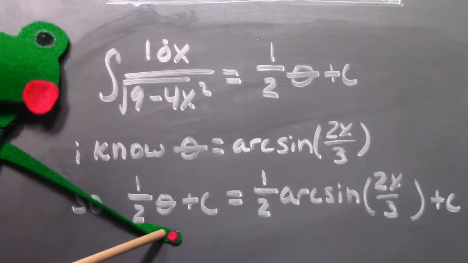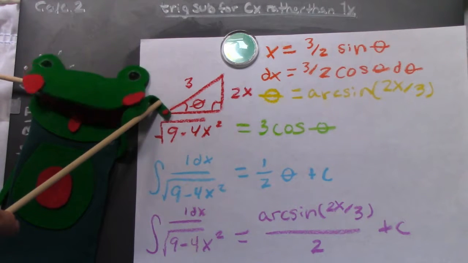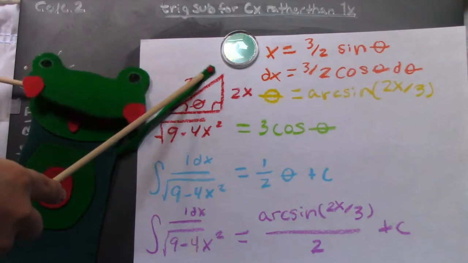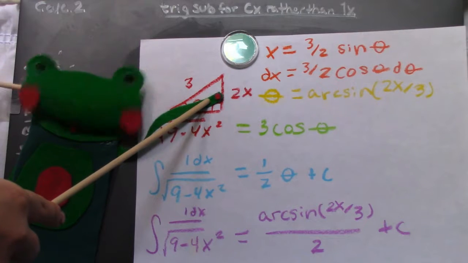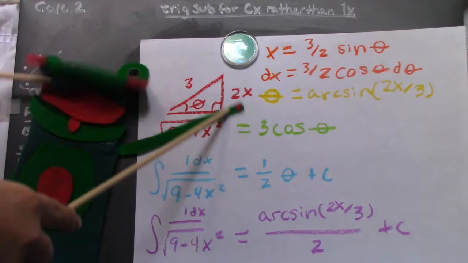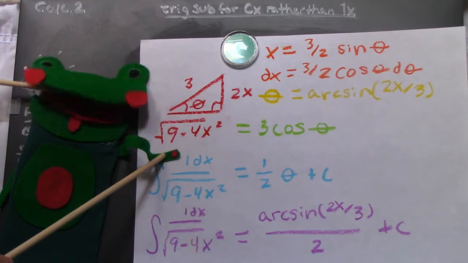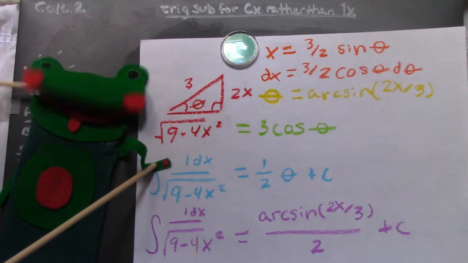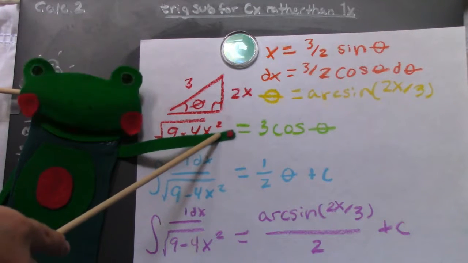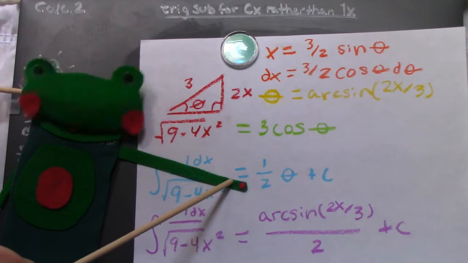Now let's just go over the steps one more time to see what we did. First, we drew this right triangle and we labeled it. We found x and its derivative, and we also found theta. We found this value, the square root value, and then we used all of that information to substitute in theta terms for x terms to find the integral of 1 dx over the square root of 9 minus 4x squared in terms of theta. From there, we just plugged in this value right here back into what we got here,